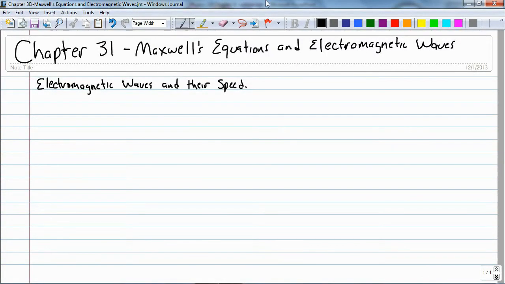So let's take a little trip back to chapter 15 and let's define an electromagnetic wave. We're going to have the electric field, and remember that's a vector, and we're just going to look at the y component, and that's equal to E naught times sine of kx minus omega t,